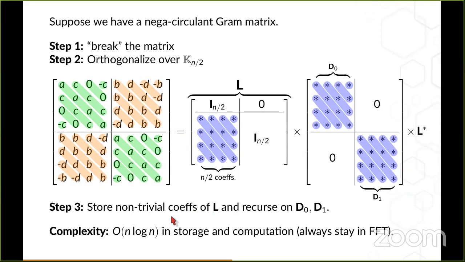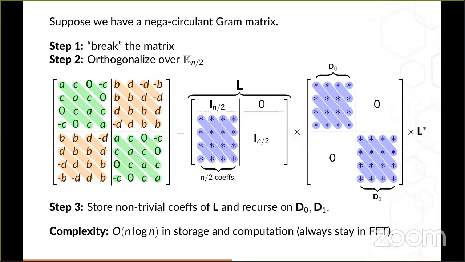So now a few words about the complexity. The complexity is big O of n log n. In storage, this is rather obvious because we can show that we have log n levels of recursion, and at each level of recursion, we will have big O of n elements. So we'll have at the end big O of n log n elements to store. More precisely, floating point elements to store, because there is no guarantee that the elements in L and in D will be integers. And in practice, they are not, when we implement it with floating point operations.